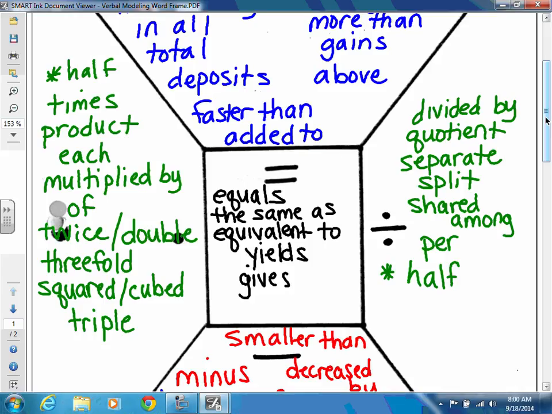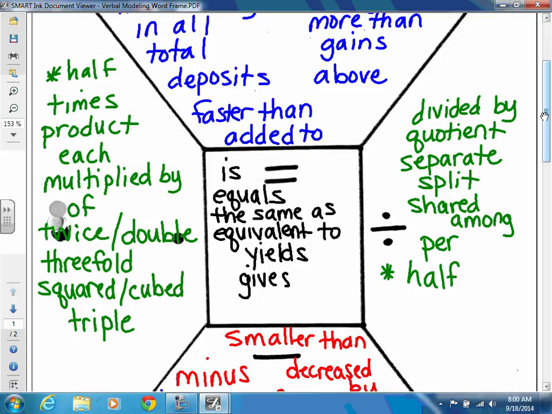And the most popular one, and actually the shortest one, is the word is. As soon as you see the word is in a sentence and they're asking you to translate it, you have to put an equal sign where that word is. All right, so there is your completed word frame, and use these to help you translate your examples into actual